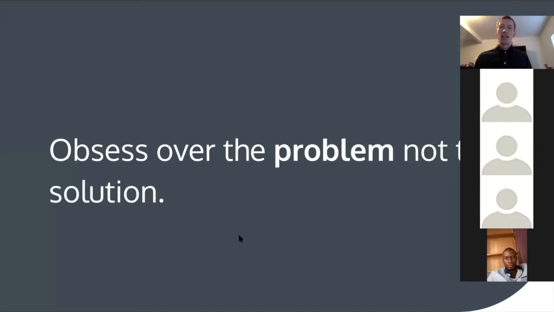And so in this process of learning how to start a company, what you want to do is really focus on the problem and obsess over understanding what the problem is, how people face it, and what struggles people go through, and then be flexible on the solution, because there can be multiple ways to solve a single problem. Being flexible on your solution and focusing on the problem to start really makes a huge difference.